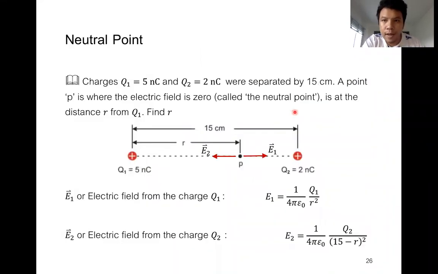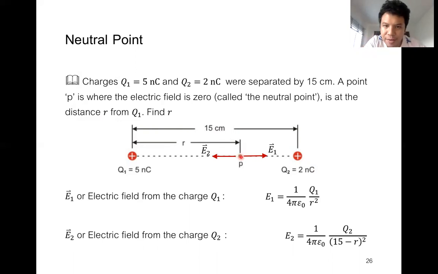Okay, neutral point. This is an example about the neutral point, which we are going to do the calculations in detail later. The neutral point is the point where the electric field is zero. For example, if I have a charge Q1 and a Q2 with the size of 5 and 2 nanocoulomb, and if I consider a point P over here, at any point P,